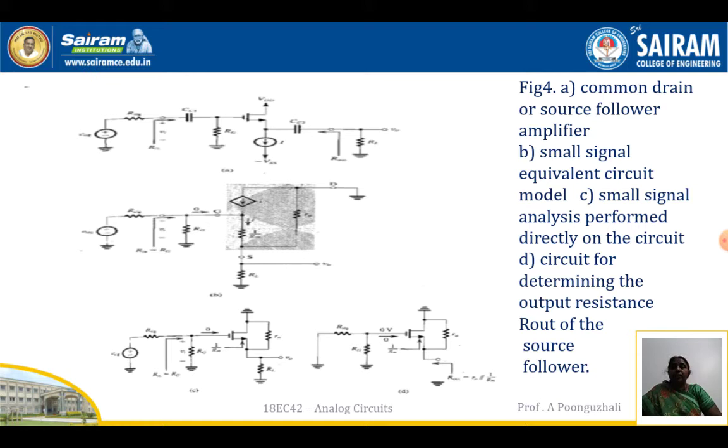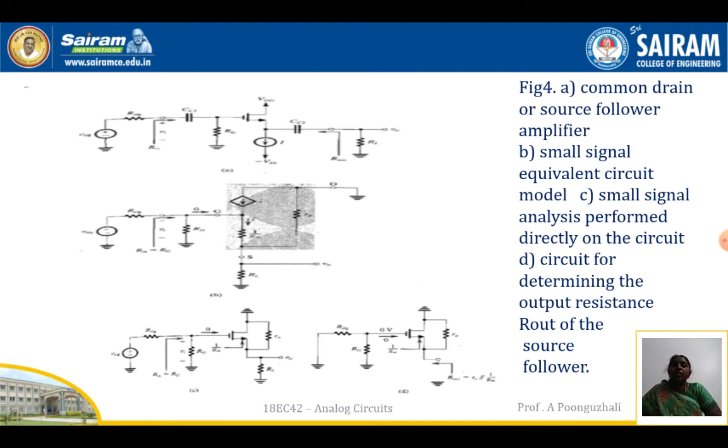So if I take the input before CC1, the coupling capacitor, it is called R in1. If I take it after CC2, it is going to be R out. So the small signal equivalent is going to have V signal, R signal, the coupling capacitor as a short circuit, and the RG resistance present there. The MOSFET is going to be replaced by a current source, with output resistance 1 by gm, which is connected in parallel to R0, between the source and the drain.